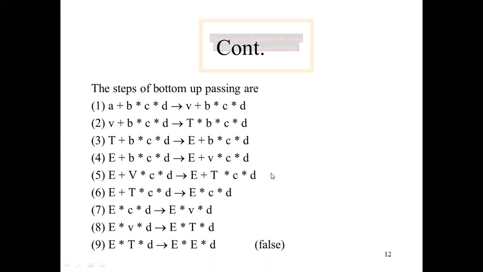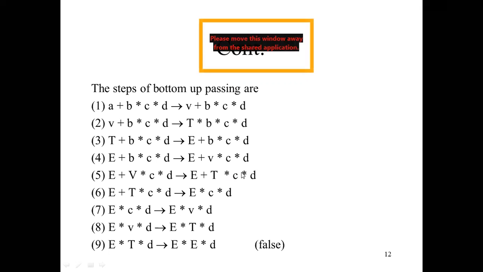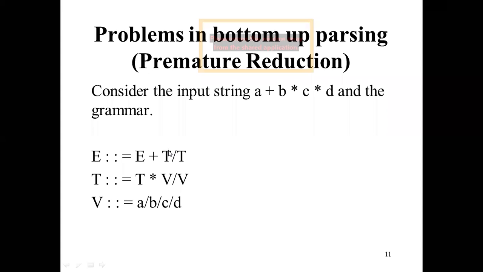Now you can write the same right hand side towards the left hand side to move further. E plus T star C star D. Whatever you are getting on the right hand side, you have to write on the left hand side. Okay, and again proceed. What is E plus T? It is coming E plus T. What is this E plus T? You can check in the preceding slides. E plus T is again capital E.